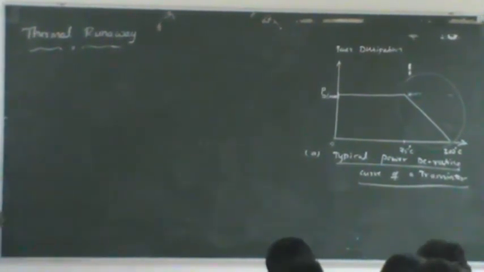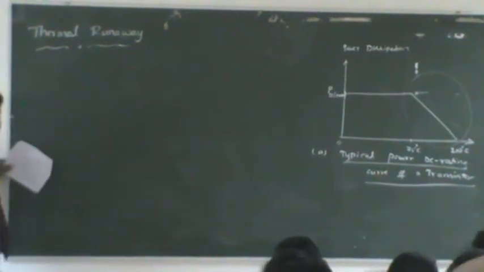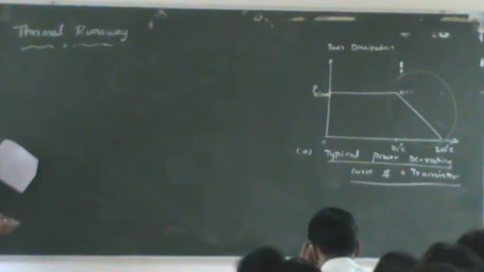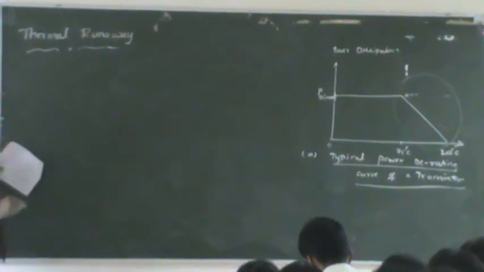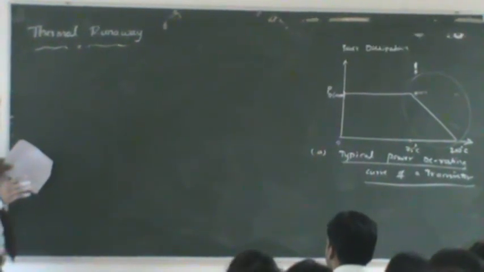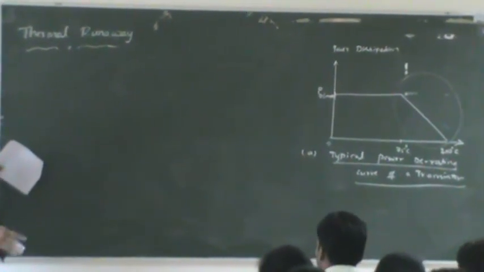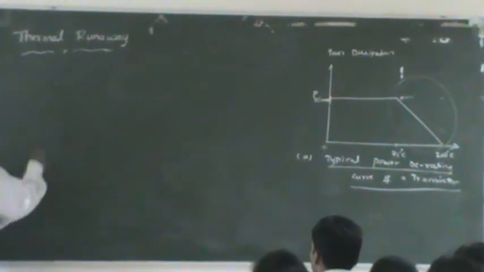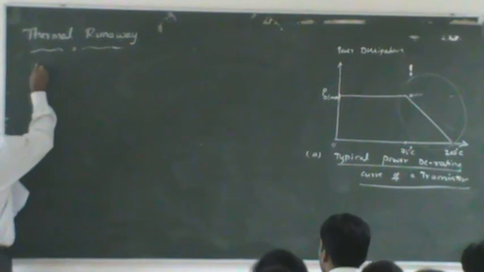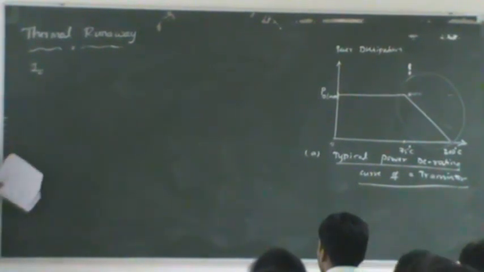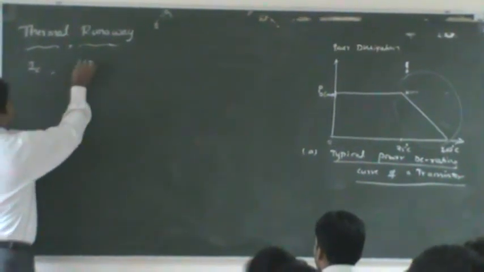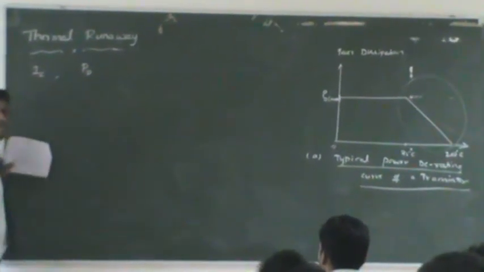Now let's go through this. As we know, in a transistor, current will flow. Let's consider an amplifier circuit. So current will flow through the transistor. Obviously, when the current flows, what about power? There must be some power dissipation, right? We can start like this. When the transistor amplifier is in operation, current will flow. Let us say some IC is existing. When current is flowing, obviously there will be some power dissipation.